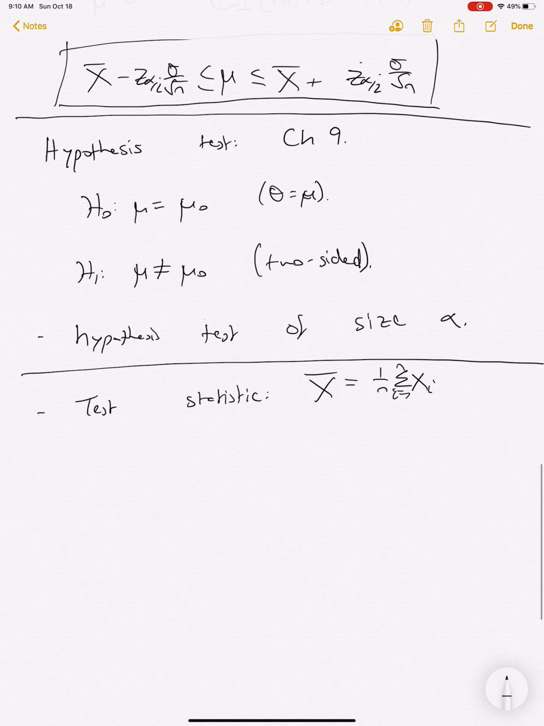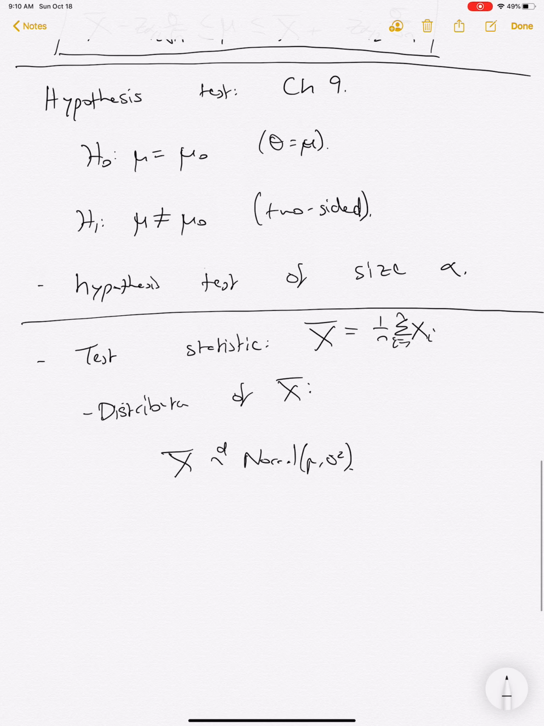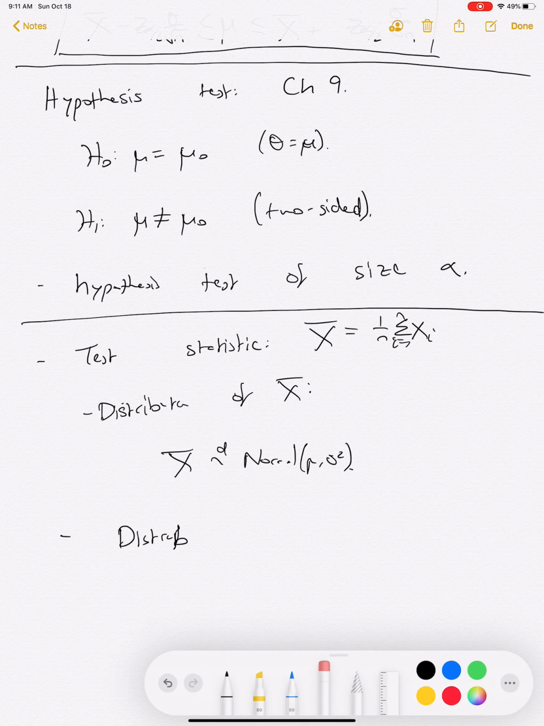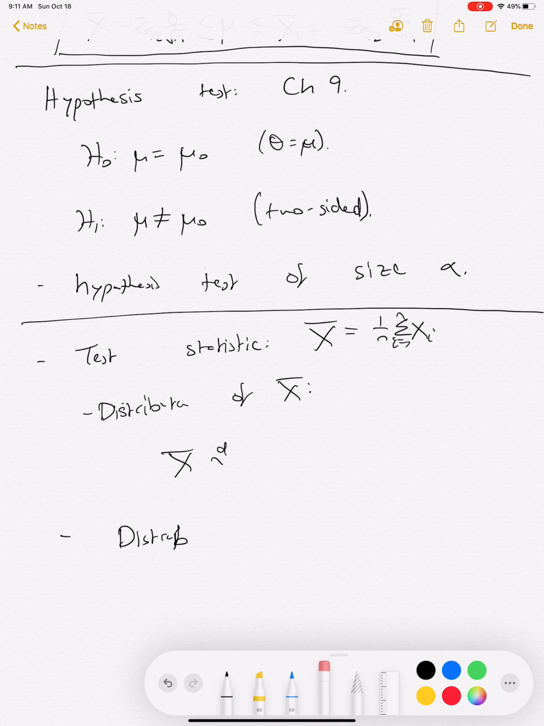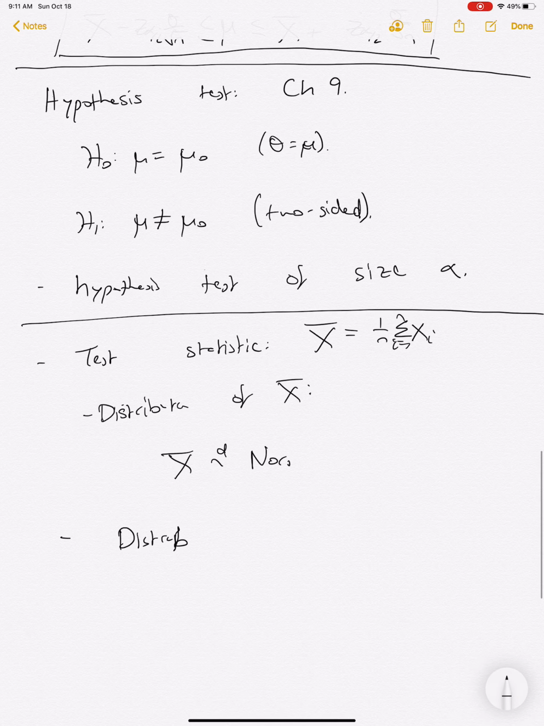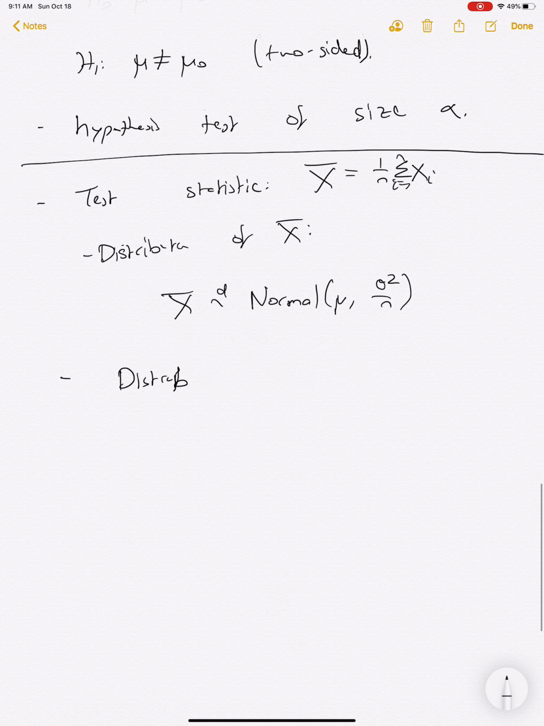We also know that the distribution of x bar is normal with mean mu and variance sigma squared over n. One thing to note is the distribution of x bar under H naught is